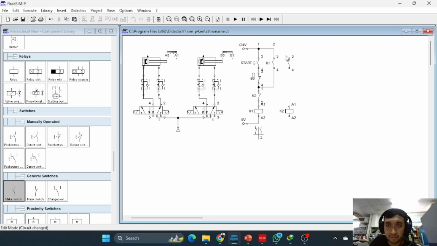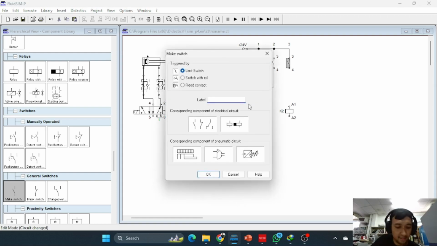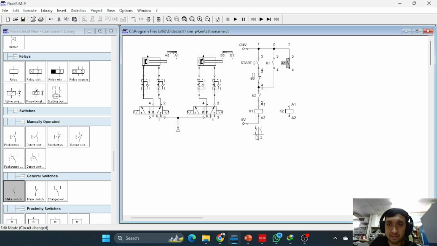So we need to make a connection, this one, and this switch we will connect it with A1 limit switch. Okay, after that we need to put close the switch